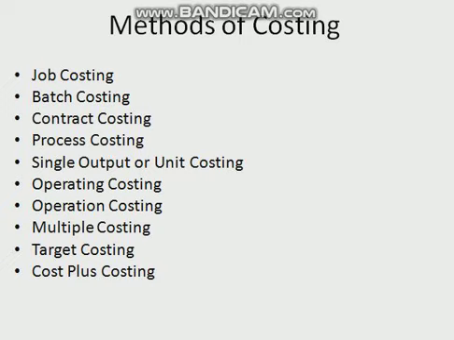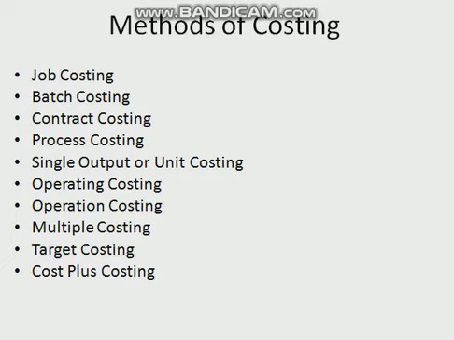The next method is multiple or composite costing. In this method, more than one method of cost ascertainment in respect of the same product is applied. In such cases, costs are accumulated for different components making the final product, and then totaled to ascertain the total cost of the product. It is commonly used in those industries where the nature of the product is complex, such as aeroplanes, motor cars, televisions, etc.